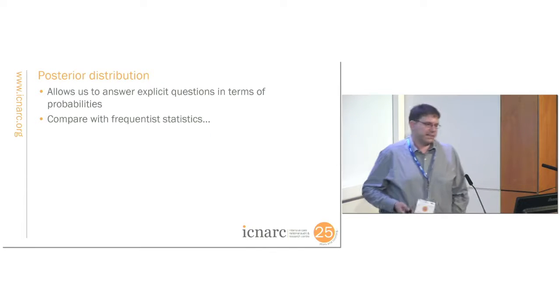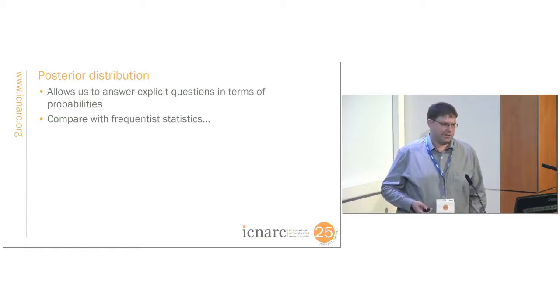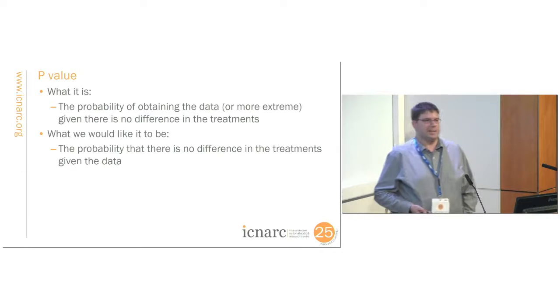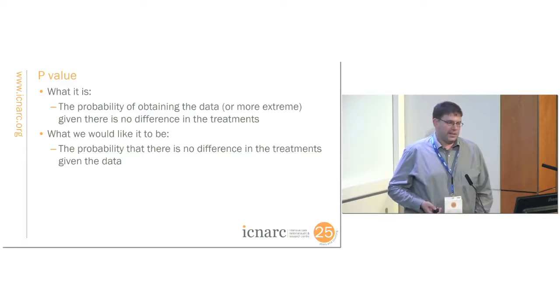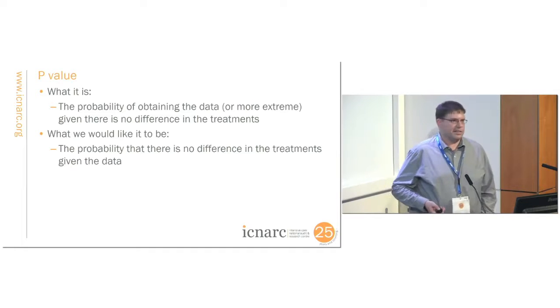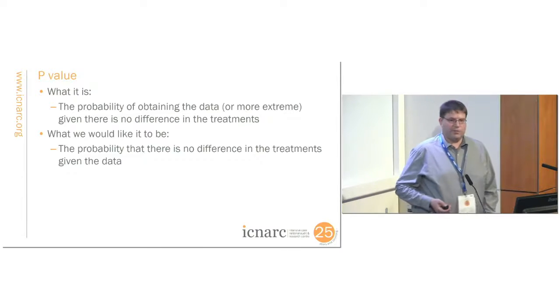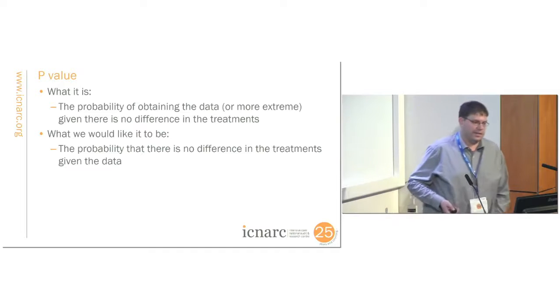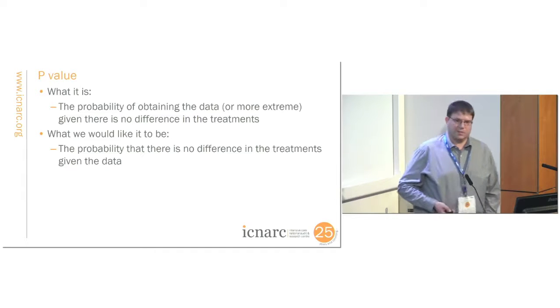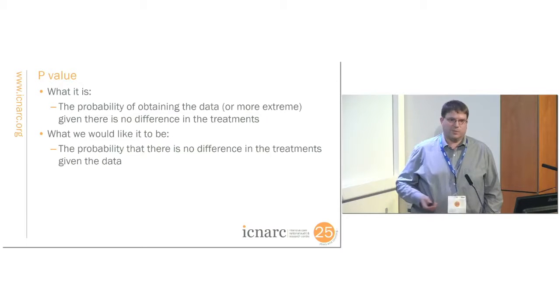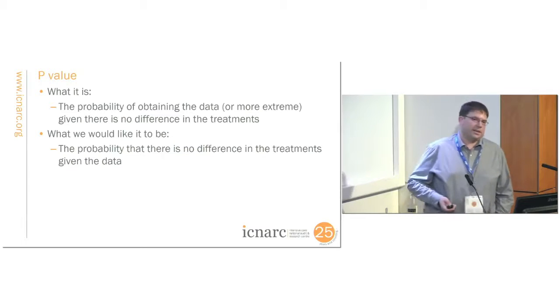It's an interesting exercise to compare this with what we get out of a standard frequentist analysis of a trial. So the p-value. All of these papers seem to love their p-values, but what really is a p-value? The p-value is the probability of obtaining the data, or more extreme, if there's really no difference in treatments. And that's a slightly strange and convoluted thing, really. That's not how our minds work. What we would really like to know is what's the probability that there's no difference in the treatments, given the data that we've observed, kind of reversing around the p-value there. And what you can see is that by using those posterior distributions, that is a question that we can answer from a